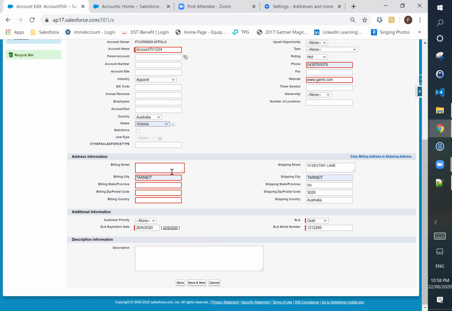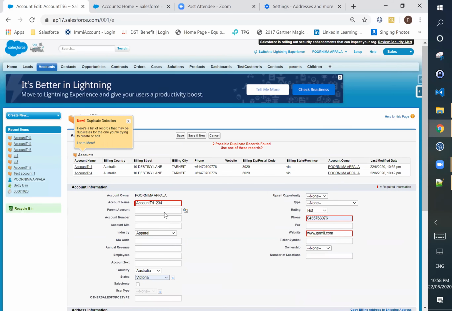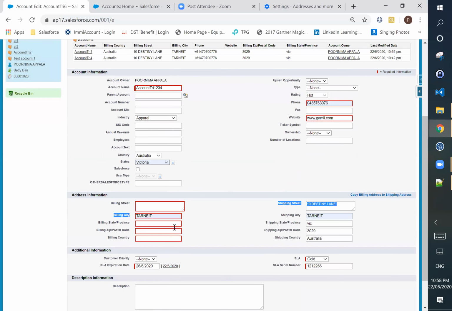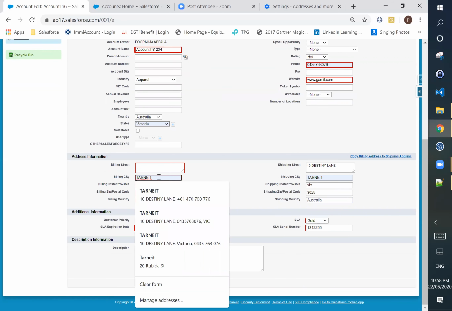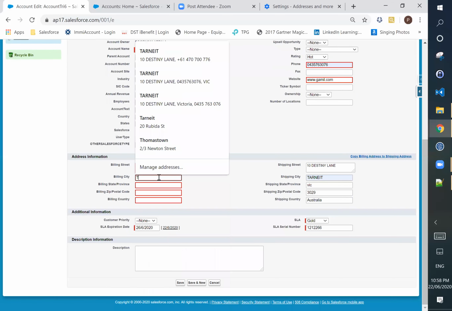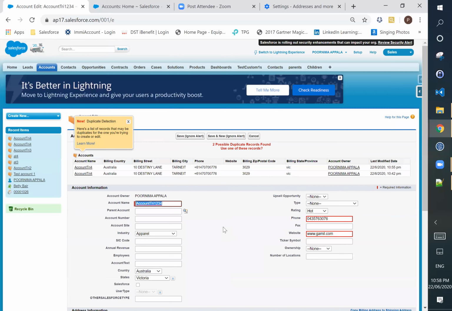Are these also mandatory for this record? No. Even if there is an address in the billing address, it should overwrite, right?